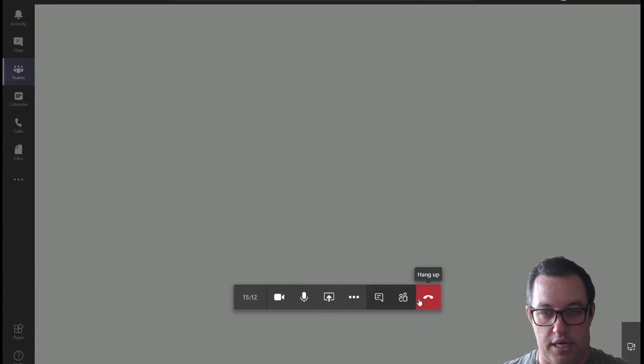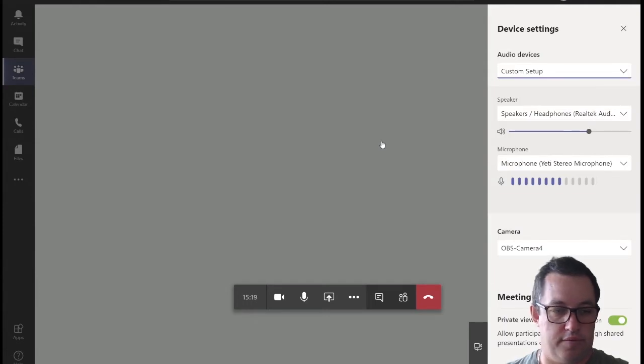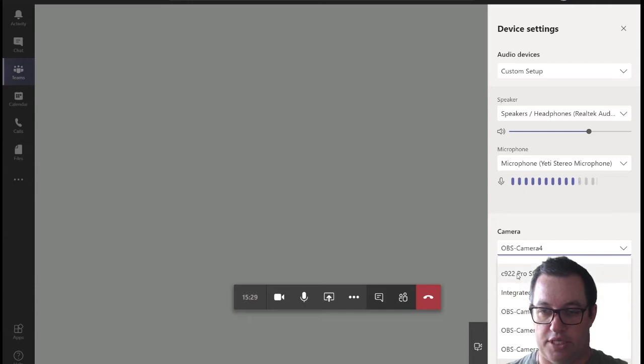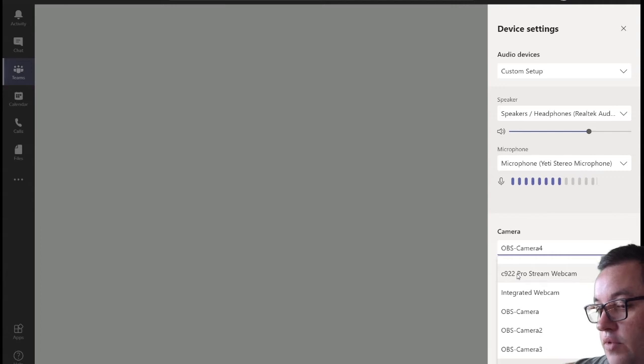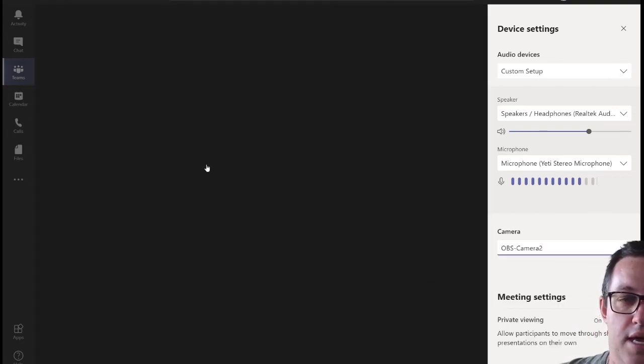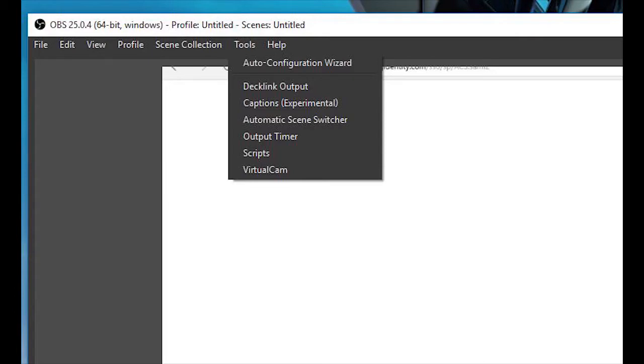So I'm going to go in, and what I'm going to do is change my device settings. I'm going to go into show my settings here. Over here I can go down, and where I select my standard webcams, sorry my head's in the road, I've now got the choice of these OBS Virtual Cameras. So I'm going to select OBS Virtual Camera 2,